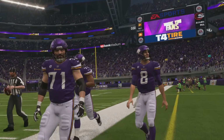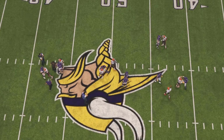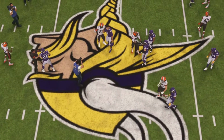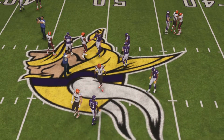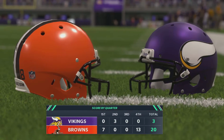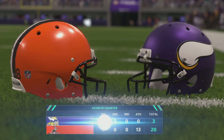And it was their defense that really made the statement after the break. They pitched the second half shutout. Yeah, think about the team that just got vanquished. They did score in the second quarter. Do you think they thought at all that that would be their last points of the game? No, but what a second half. The adjustment, whatever they did in the locker room, it certainly worked. It certainly did, and you're exactly right. Whether it was an adjustment, whether it was just more focus on what they planned to do going in, whether they just played better, whatever it was, it all